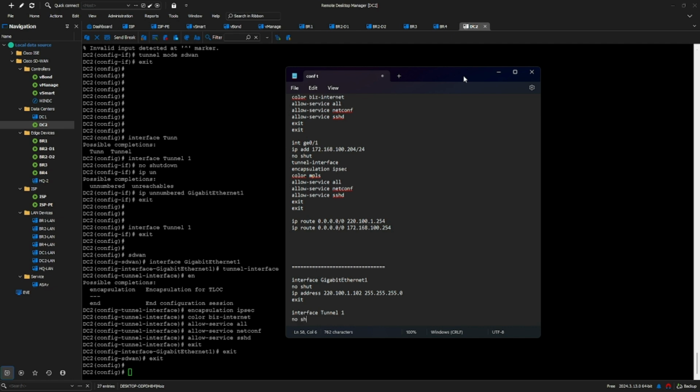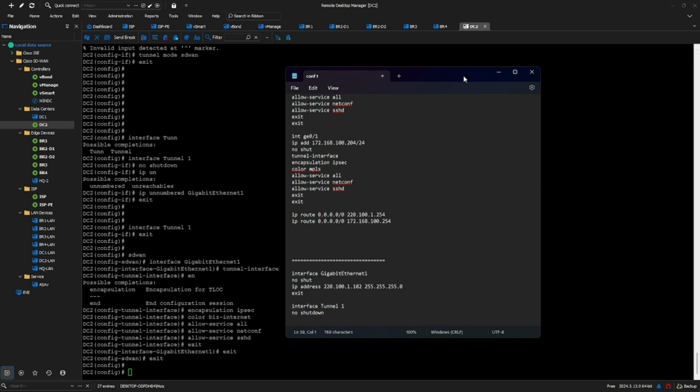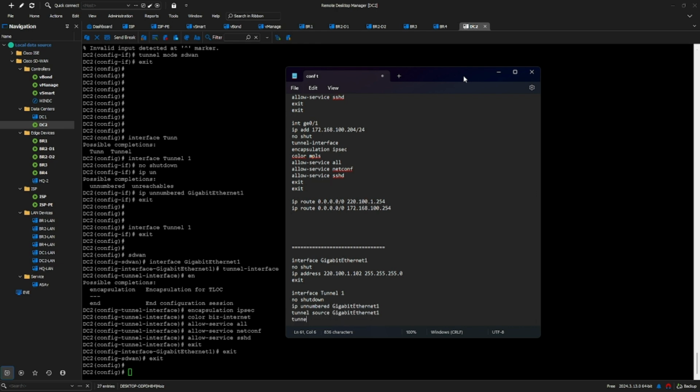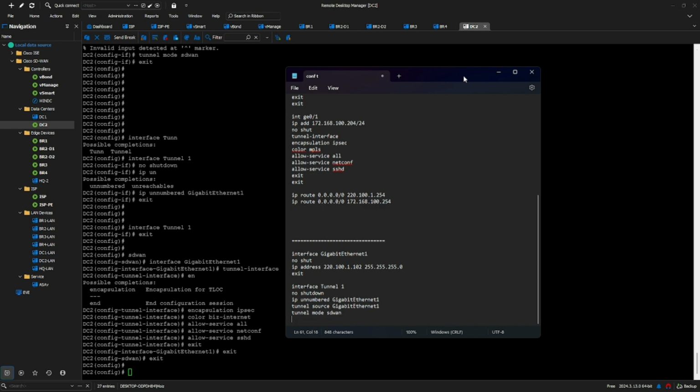In interface tunnel 1 we said no shut down, we said IP unnumbered, then again gigabyte 1, then we said tunnel source will be gigabyte 1, and tunnel mode we said SD-WAN, we